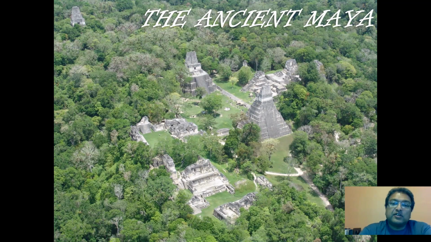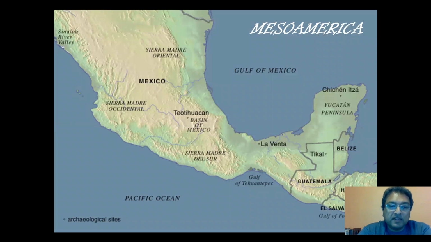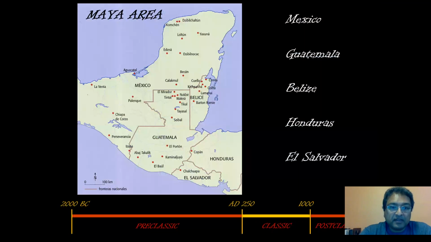Archaeologists love maps, so let's start with one. This is the Mesoamerican area. It's the strip of land that connects North America to South America. Meso just means between, so between the Americas. The Maya area specifically is this region right here, which contains parts of Mexico, Honduras, and El Salvador, all of